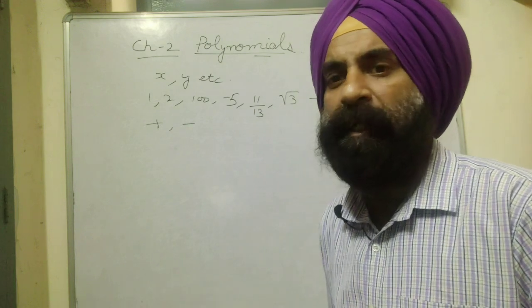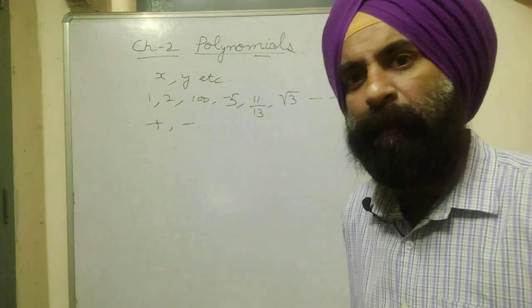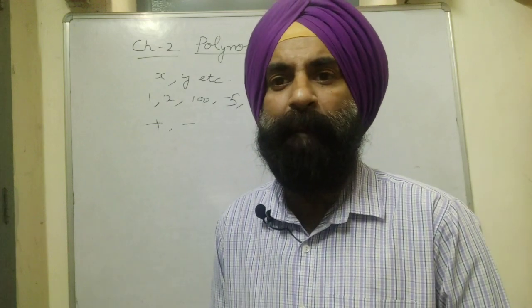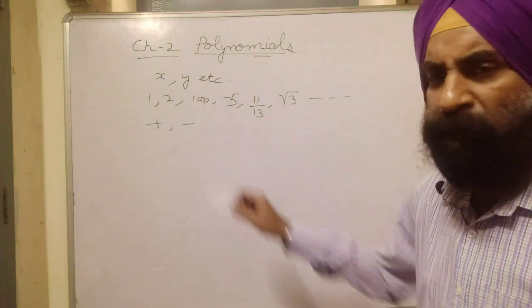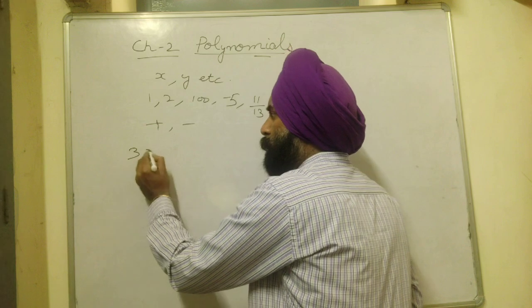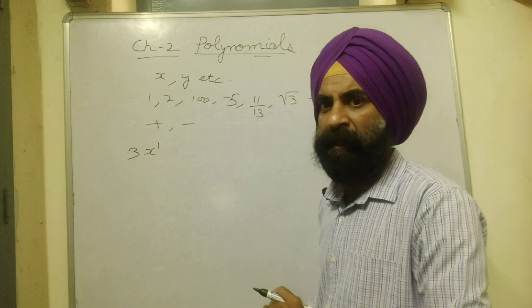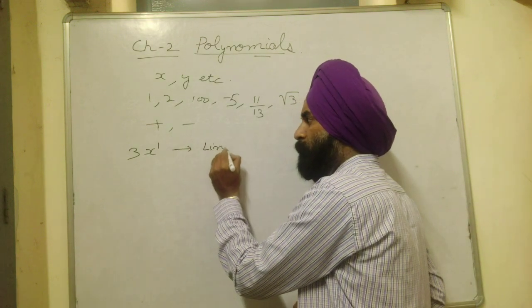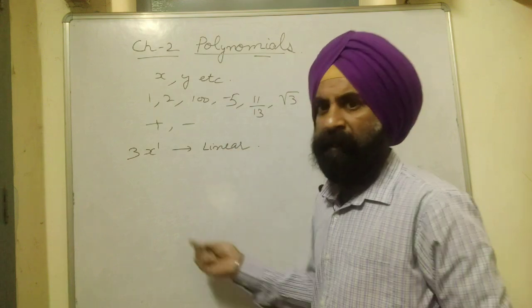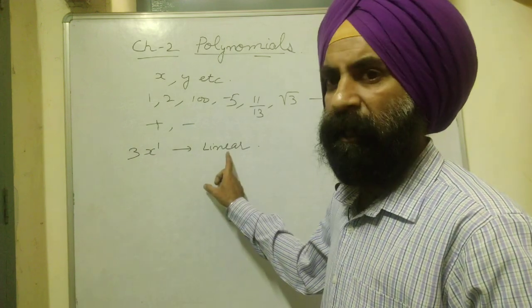So polynomial is what? It is an algebraic expression in which the power of the variable is a whole number. But what is an algebraic expression? The power of the variable can be anything. It can be negative also, it can be rational also, etc. Now if I write 3x, here the power of the variable is 1. So I'll say the power is 1, it can be named as a linear polynomial, as the degree, meaning the highest power of the variable, here is 1, so it is called a linear polynomial.